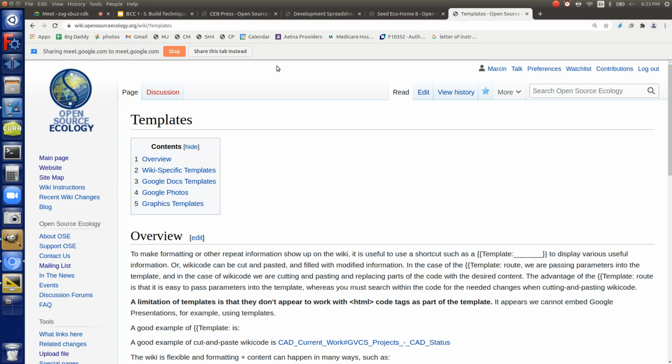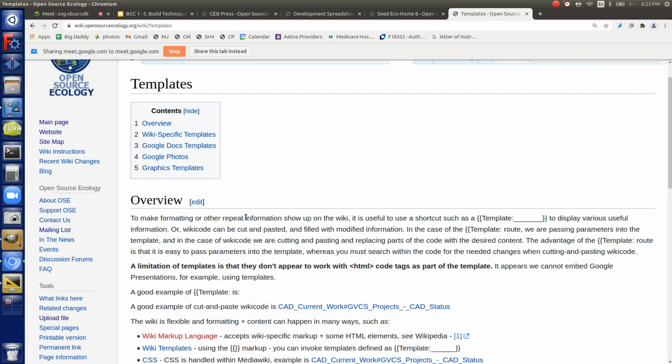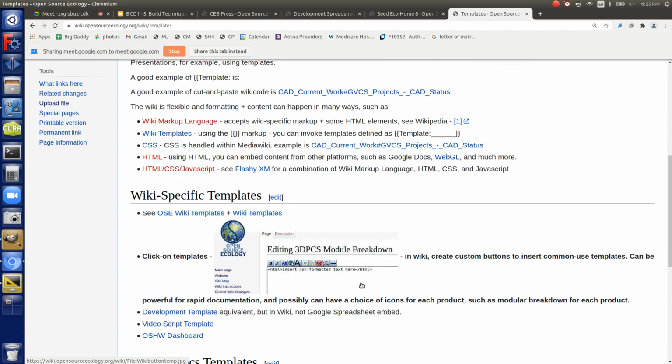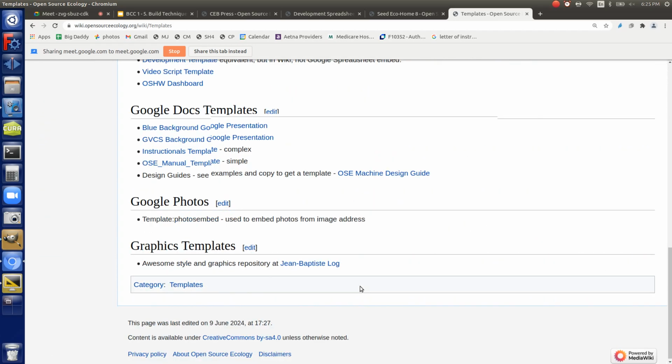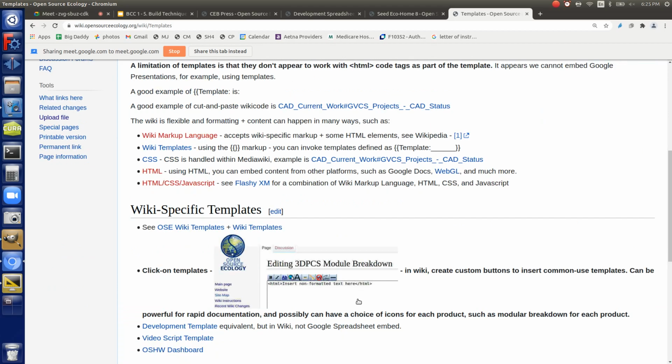So overview. To make formatting or other repeat information show up on the wiki, it's used to do shortcuts such as template, whatever. And there I just called the template directly, but this is a whole, I mean, wait. Stop. There's a bunch of stuff here. Developer wiki, there's template. There it is, templates right there. Yeah. Video script template,